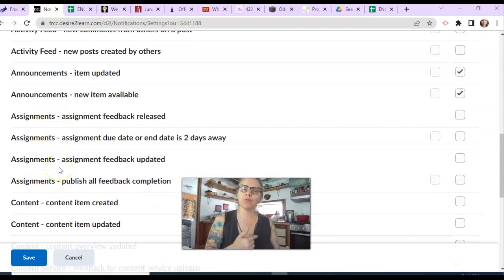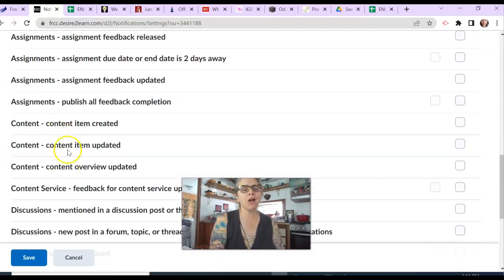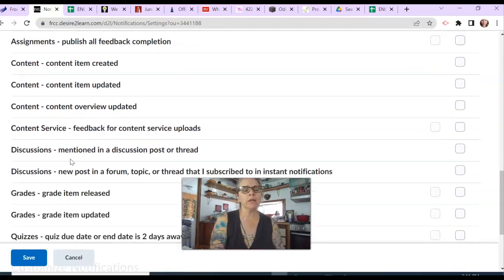Assignments, that's where you're uploading files for your essay. So again, no need to do that because you have a weekly schedule that tells you when you're using an assignment Dropbox to turn in an essay, and you're not doing that in Module 3. You'll be turning one in Module 4. Content, I wouldn't get notifications on any of the content, y'all, because I don't release content until the beginning of each module week, which is 12:01 a.m. on, you know, whatever day the module's starting on.